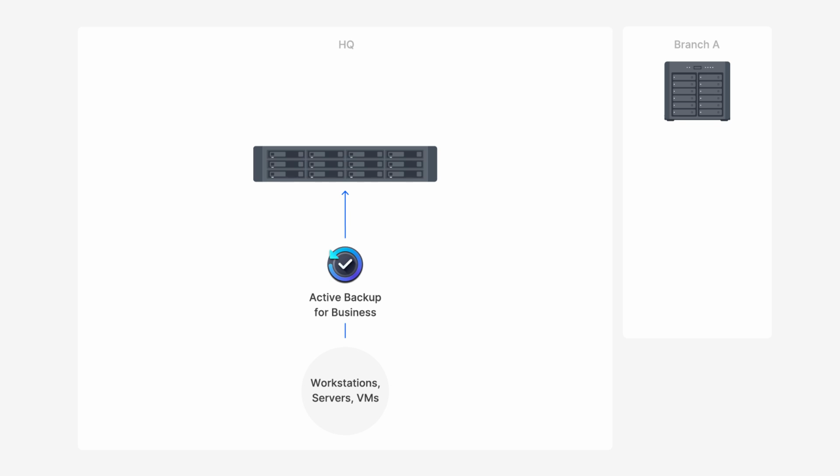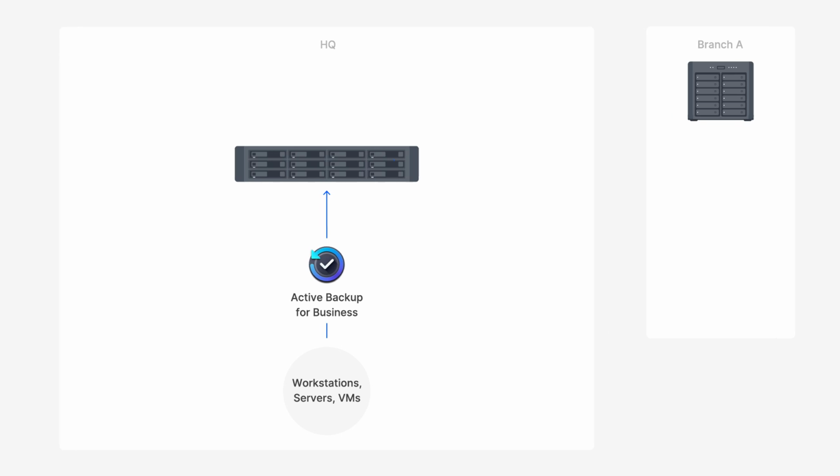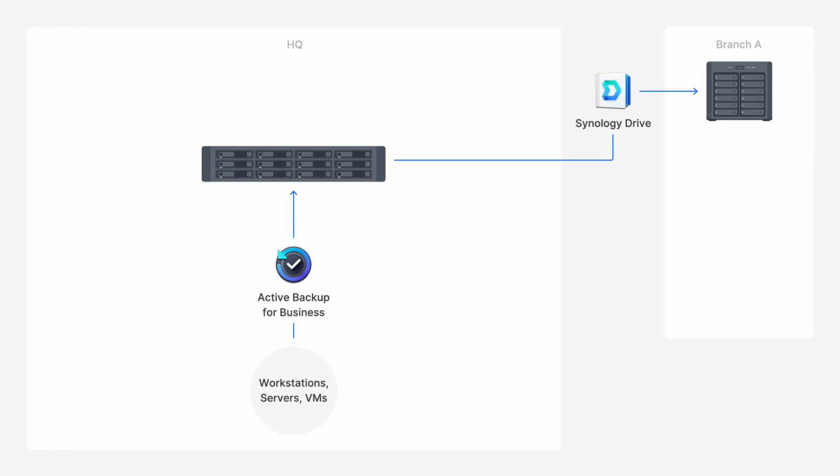Now let's say the organization is growing and we have a new branch office that is also going to have a Synology NAS, and we need that NAS to stay in lockstep with the HQ centralized file server. So to do so, we're going to use Synology Drive's ShareSync application to keep data between HQ and Branch A in lockstep. Now, workstations at Branch A are also going to be able to integrate with Branch A through Synology Drive or local mapped drives if they're on the same network.